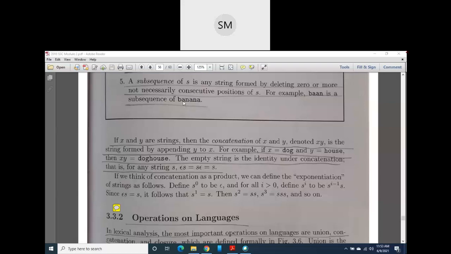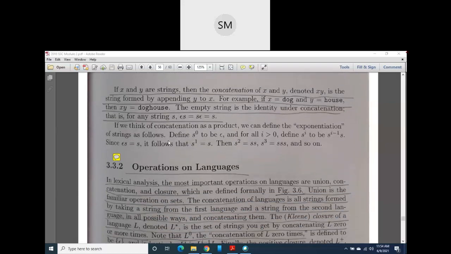If you delete the second character, then you can directly delete the fifth character. Then the remaining string is there, no? That is called a subsequence of our original string. Okay, so these are the definitions or terms we should understand.